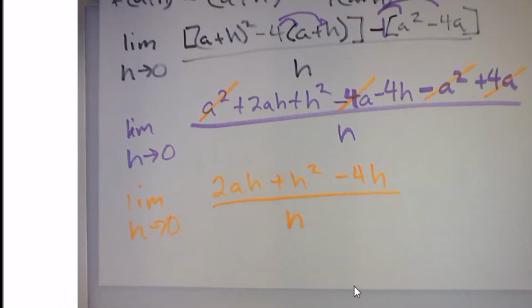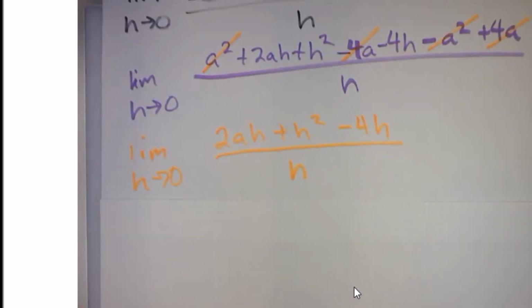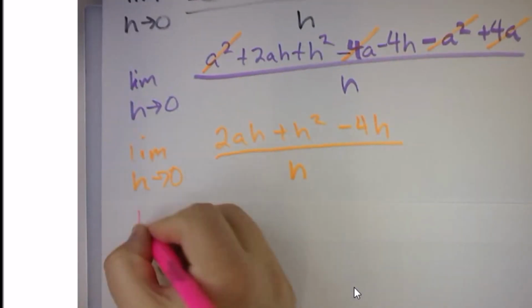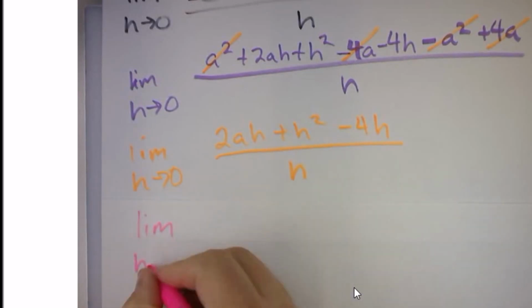So now what do I do? You take out an h. I've got to factor out an h in the top. So I'm going to say the limit as h